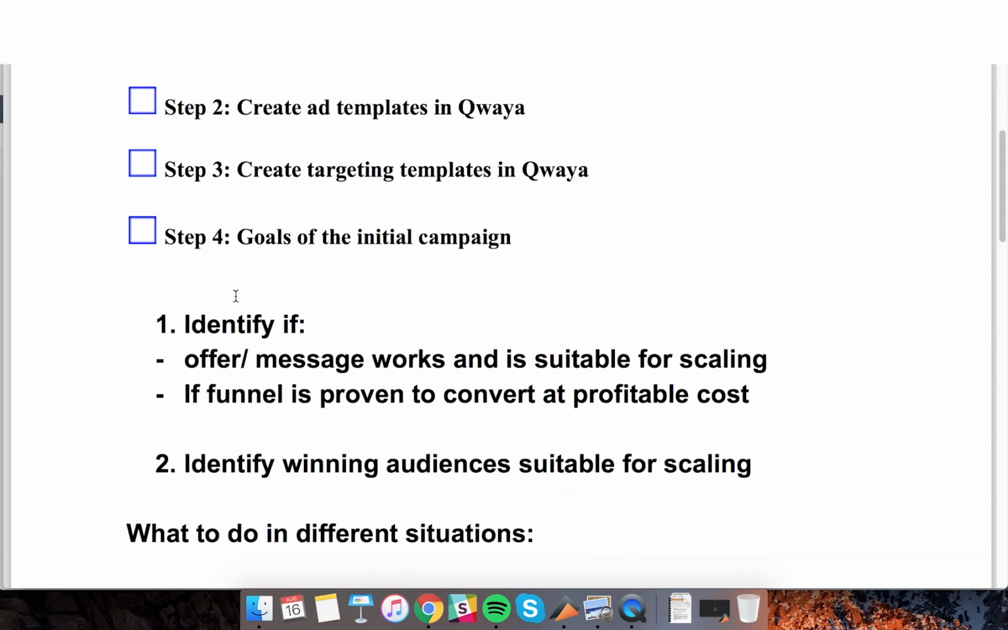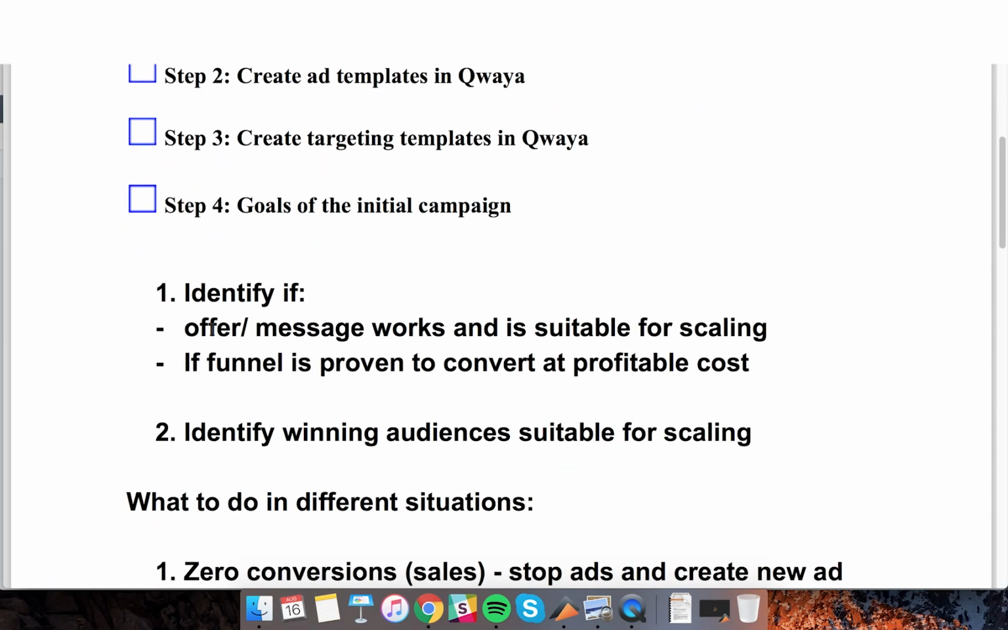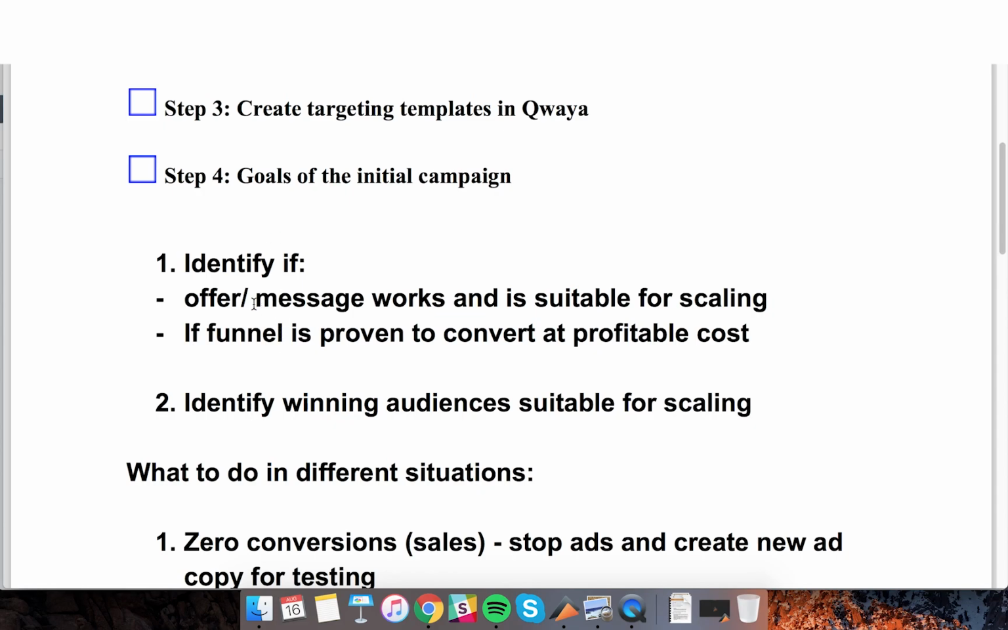And first of all, our goal here is just to identify whether our offer, our message, our ad copy works and is suitable for scaling. Also, we'll see if click-through rate is sufficient, so we can see whether the image is suitable or we need to replace it. Also, we'll check if the funnel is proven to convert at a profitable cost. So we just need to get that initial data and see if we get people to go through our funnel and convert, whether it's profitable for us or not, and which of those KPIs that we have established previously we still need to improve, or what is working well, what doesn't work,